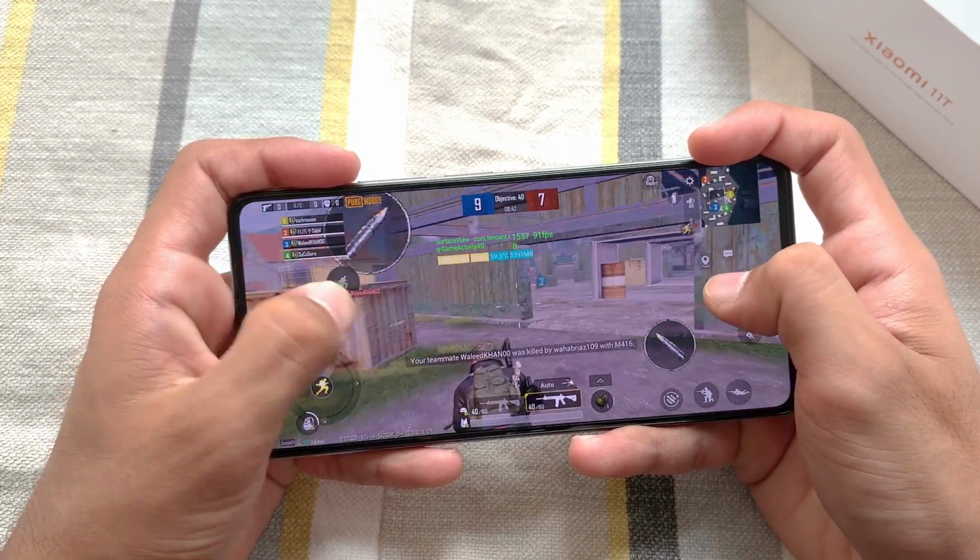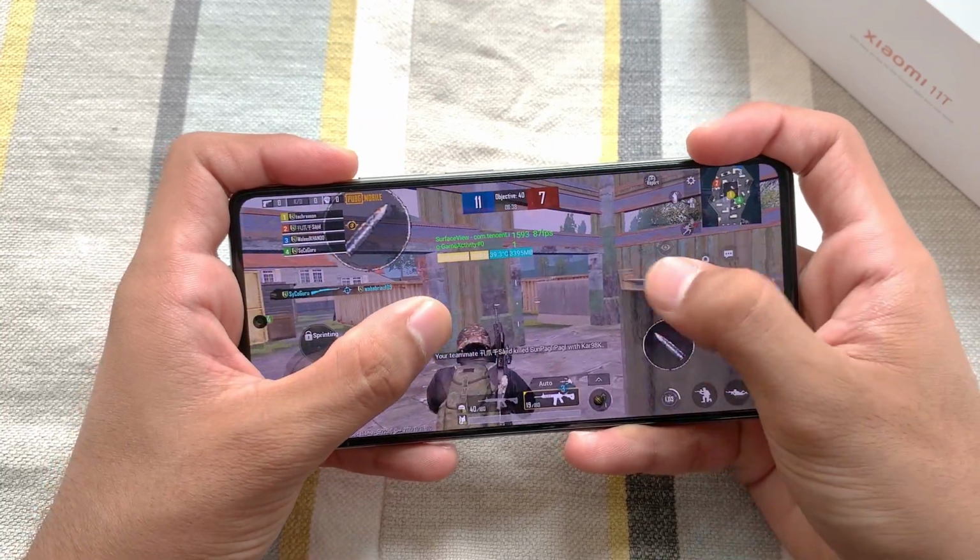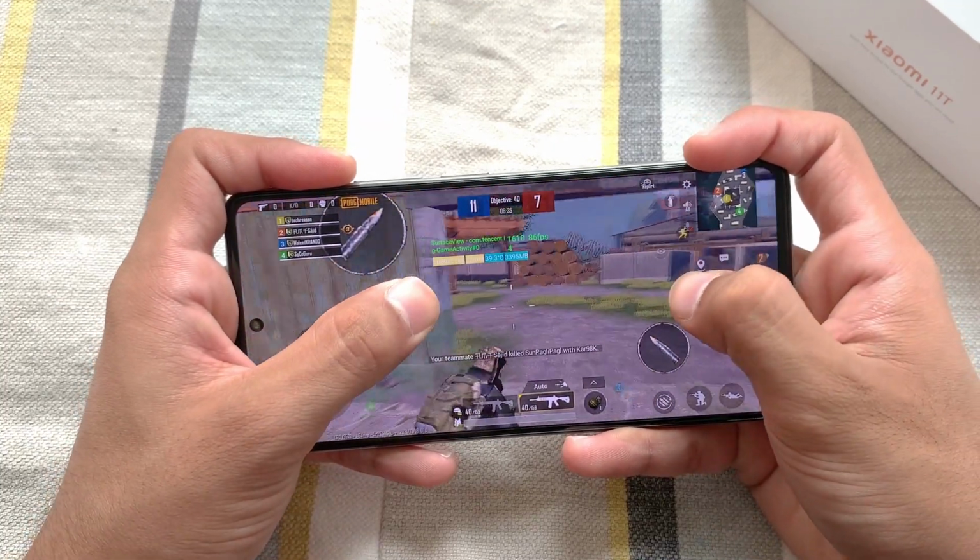And the speakers are really bassy on this phone. It is a little bit difficult to play